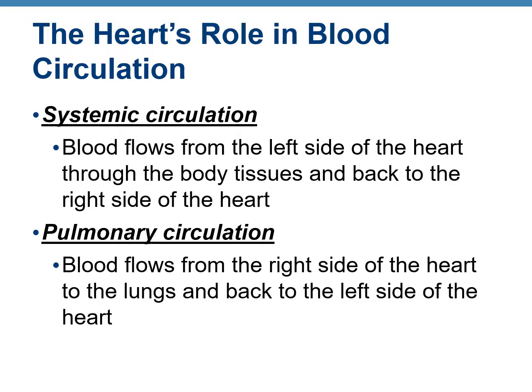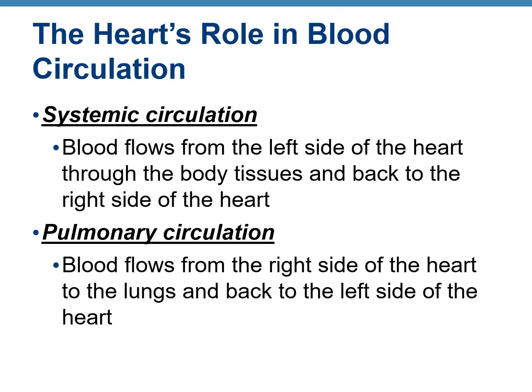The heart has a very important role in pumping blood, and there are 2 types of blood circulation in the body. The first one is called systemic circulation and the second one is pulmonary circulation. The systemic circulation comes from the word system. That means this is the part of the blood circulation where the heart is pumping blood to the different parts of the body and then the blood comes back to the heart. That part would be systemic. While pulmonary is where heart sends blood to the lungs for oxygenation and then the deoxygenated blood converts into the oxygenated blood and it comes back to the heart.